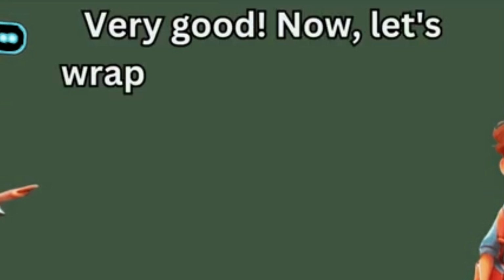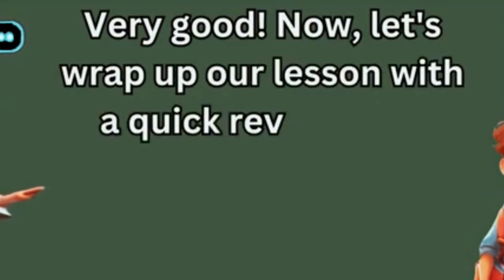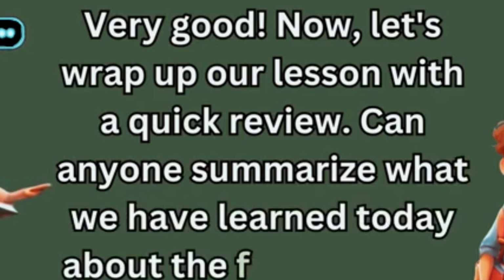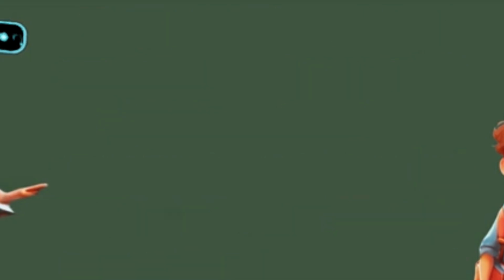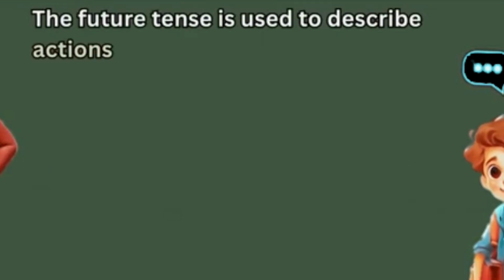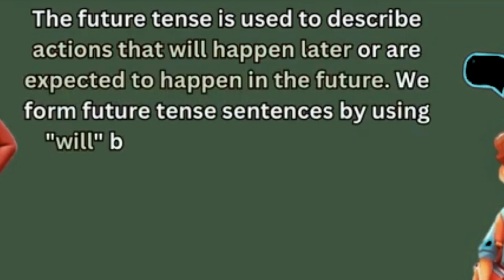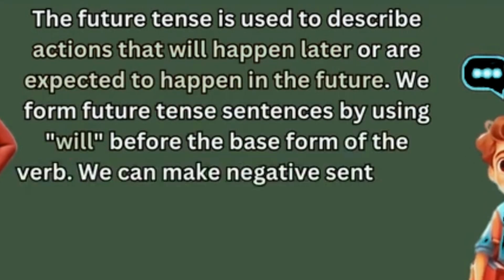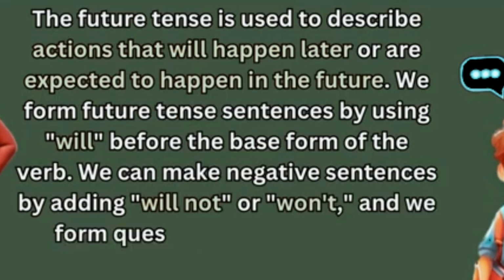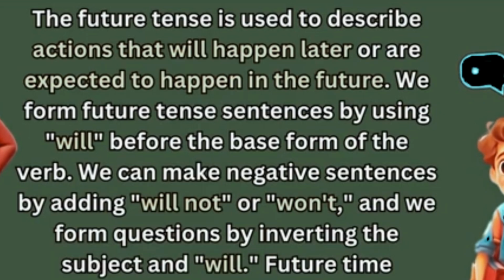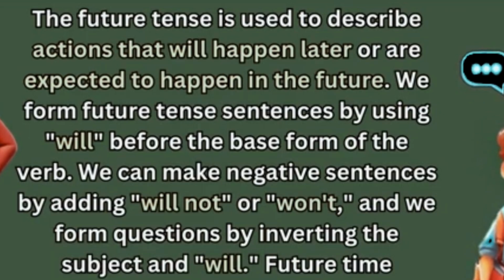Very good. Now let's wrap up our lesson with a quick review. Can anyone summarize what we have learned today about the future tense? The future tense is used to describe actions that will happen later or are expected to happen in the future. We form future tense sentences by using will before the base form of the verb. We can make negative sentences by adding will not or won't, and we form questions by inverting the subject and will. Future time expressions help specify when an action will